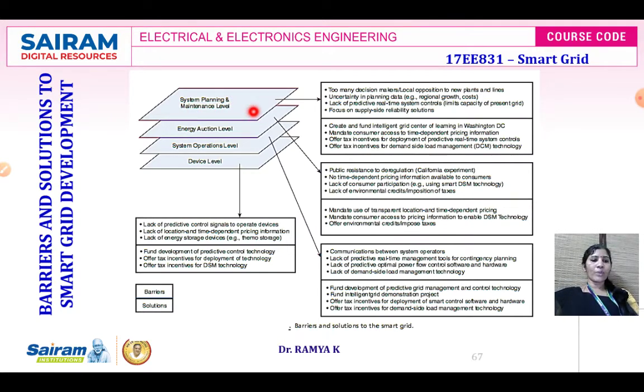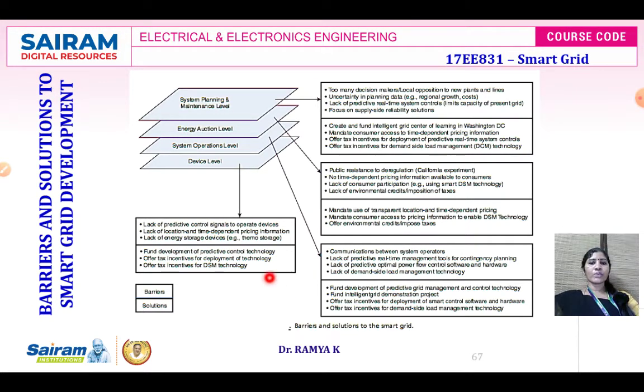Maintenance level in the sense, how many months once the maintenance has to be done, how many months once the meters connected to the grid have to be calibrated, whether the meters connected at the grid system are at proper level, whether the meters connected are calibrated properly and the record is maintained properly. For transformers, the transformer oil has to be changed, what is the maintenance that is owed by the transformer. So for all the instruments, for all the equipment that are being connected to the smart grid, it should be taken into account when we are making a planning and maintenance level.